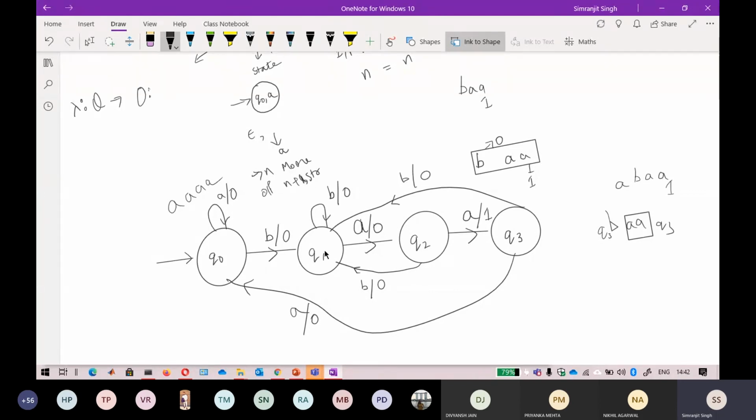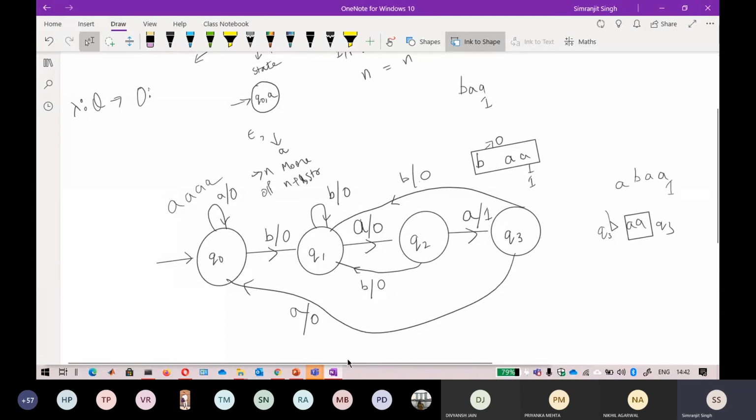If you clearly see this and the first and second examples that we have done, there is very little difference. Only the output. The keyword here is that the output is placed alongside the input. That is the only difference. So if you draw any diagram, you can easily convert it into a Moore and a Mealy machine.